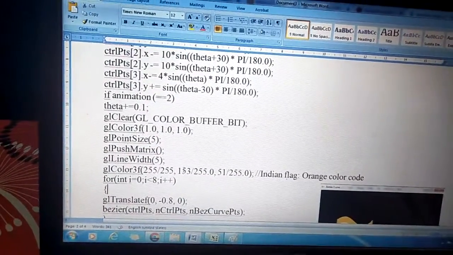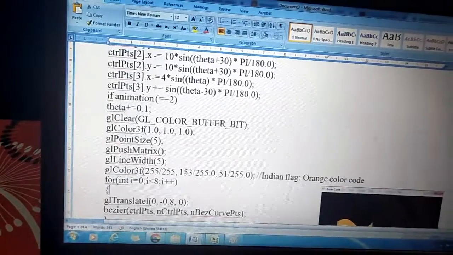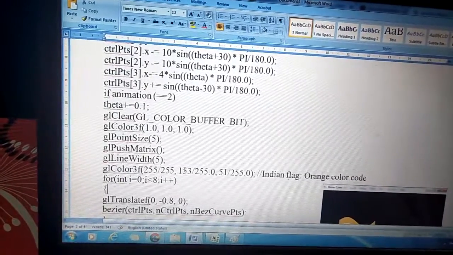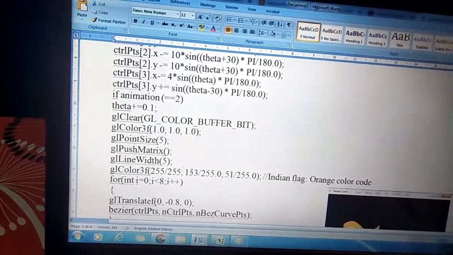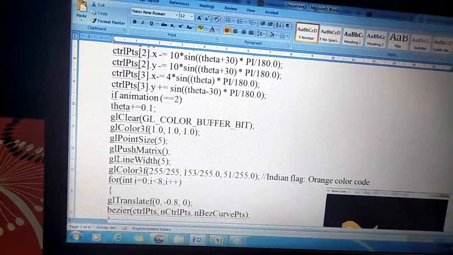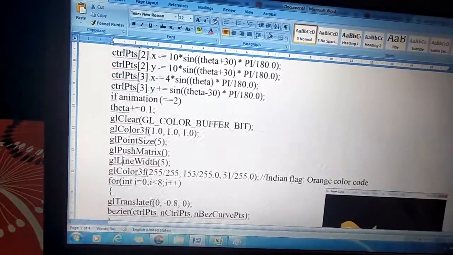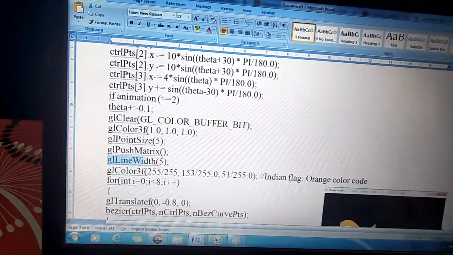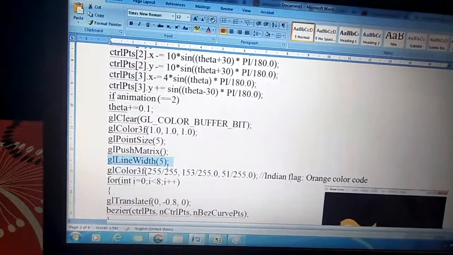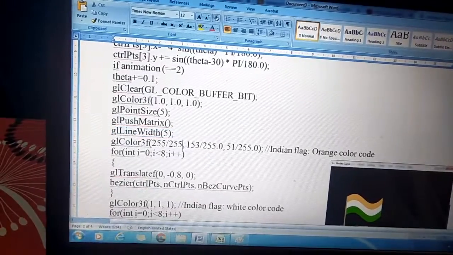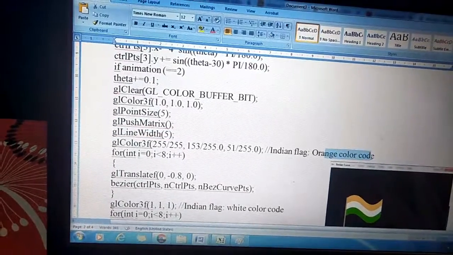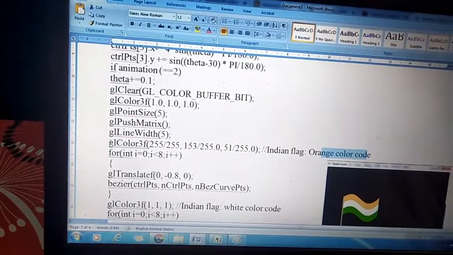I'm just pushing it so that it retains the previous definitions of the object. Next, I just want to draw a line, but it should be visible. So I'm setting the width of the line using glLineWidth, that is of size 5, and I'm giving an orange color for that particular line.